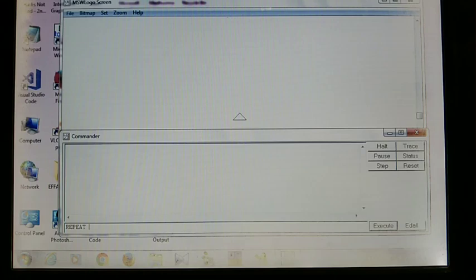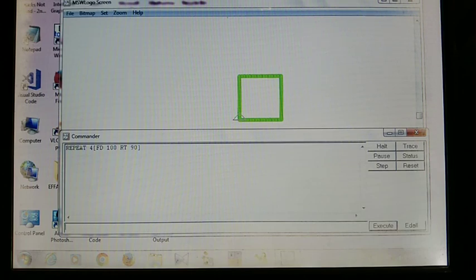REPEAT space 4, then the opening square bracket, and write the same commands: FD space 100 space RT space 90, then press the closing square bracket and press the enter key. Now I want to hide the turtle. HT, then enter.